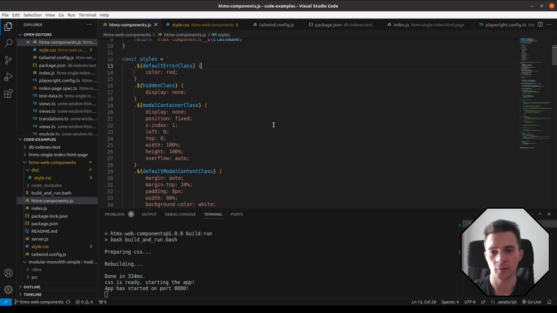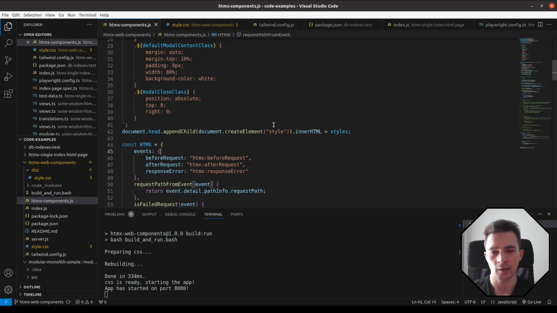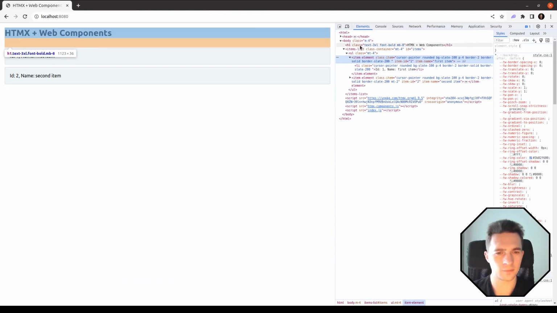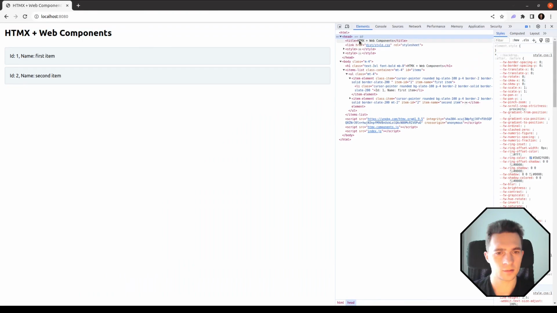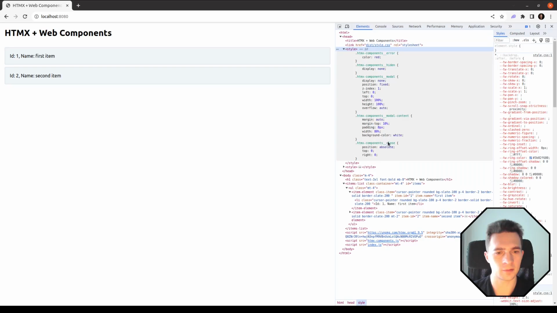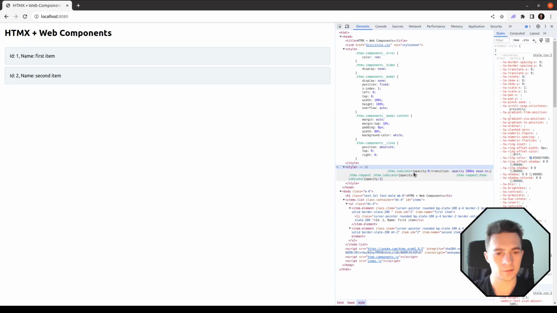We define them here in JavaScript, and we attach this styles element to the head, and I think it's visible here. Yeah, so we have a link to our styles CSS, but also the styles that we created here in JavaScript. And what's interesting, because we also use HTMX here, just attaching their script, we can see that we also have a few classes coming from